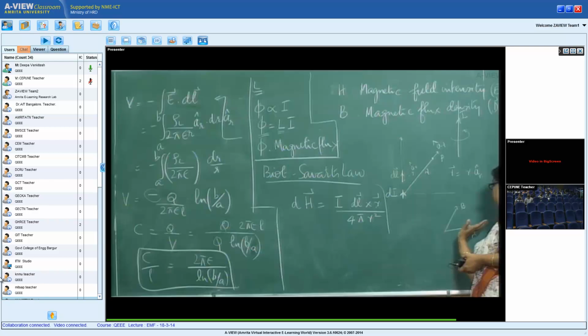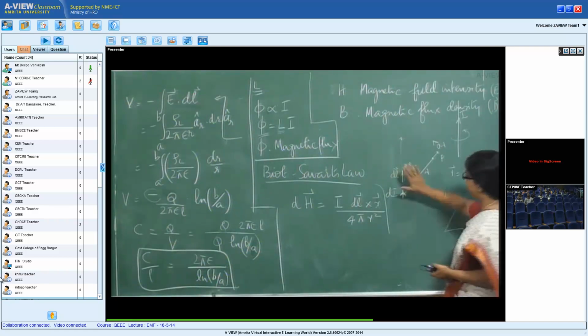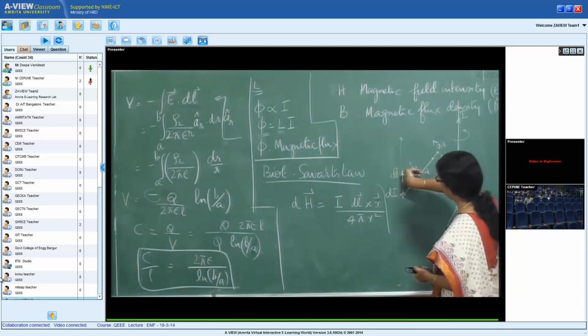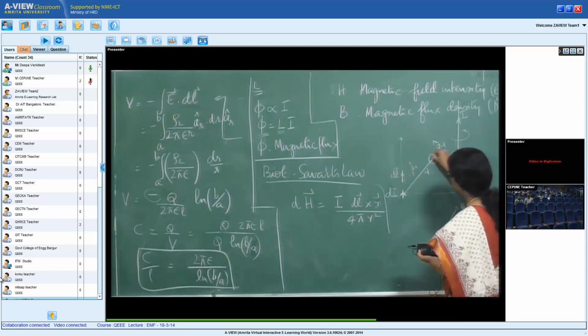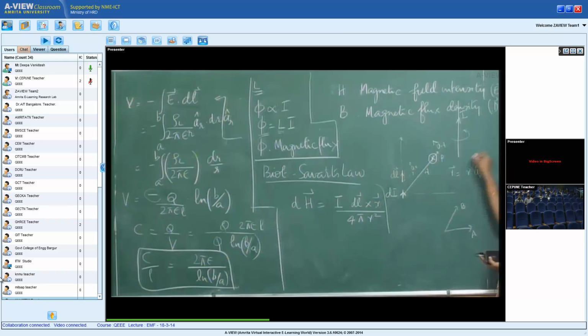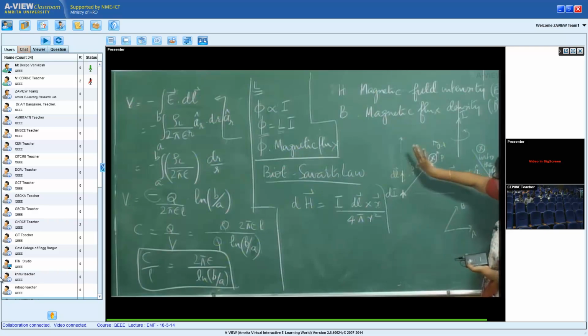I curl from A to B, and the direction of the thumb is the direction of A cross B. So same here, I move from dl to a_R, and my direction of the thumb is going into the plane of the board, which I represent as an into mark. An into mark would mean into the plane. So at this point P, if I do dl cross a_R, it is into the plane of the board,